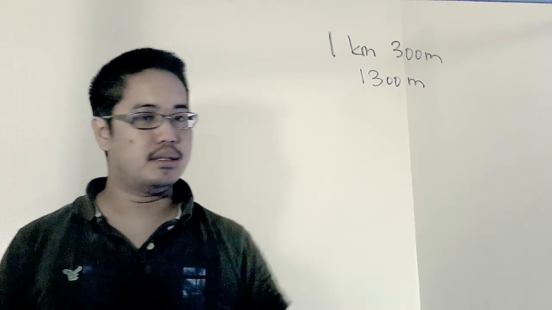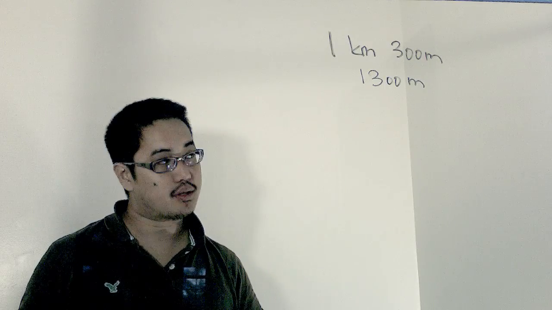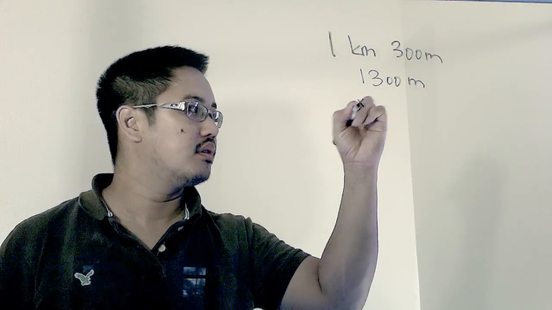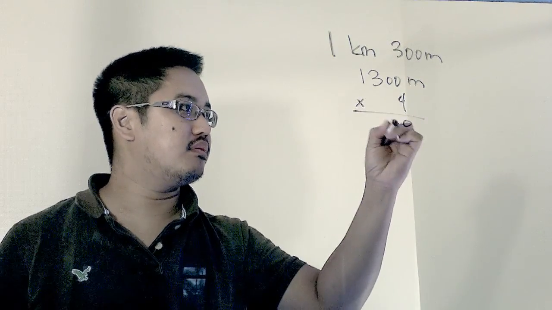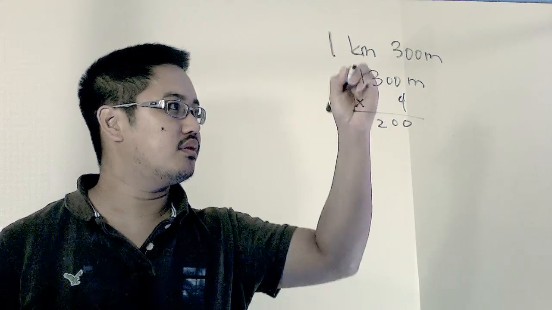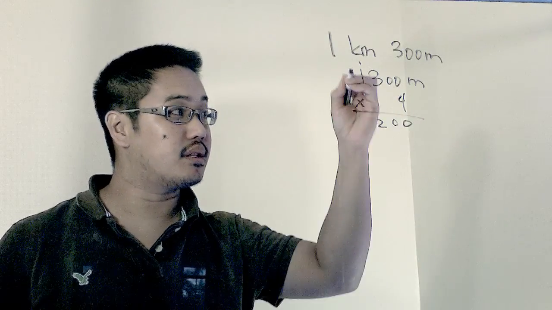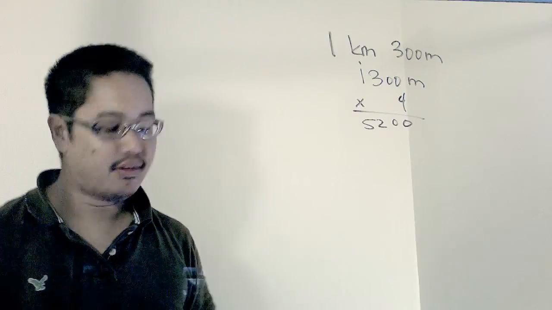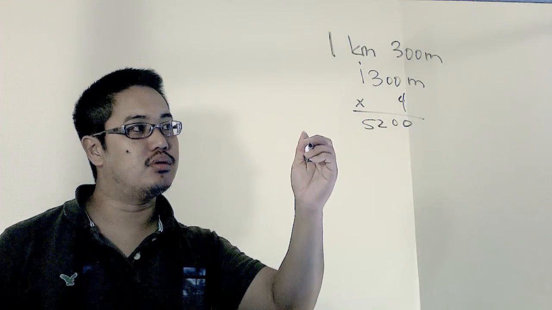1,300 meters. And then they said they ran around the track 4 times. All right, so you multiply by 4. Let's see, that would be 0, 0, 12, so 2 and then the 1, then multiply that by 4, that's 1, plus the actual 1, that's 5. 5,200, and so you convert that back into